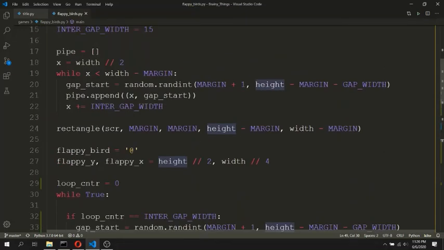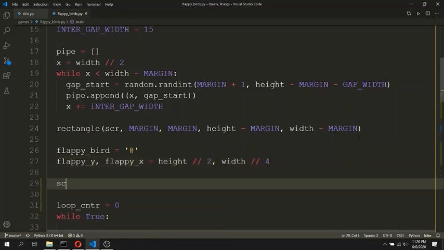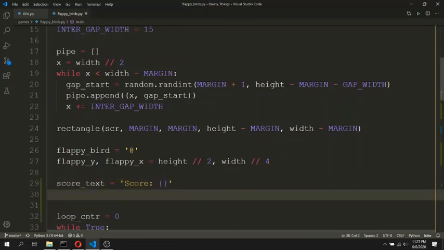So for that, we will initialize it in the initialization section. We will have a score text that will be score and a placeholder denoted by curly braces that will be filled by the actual score.